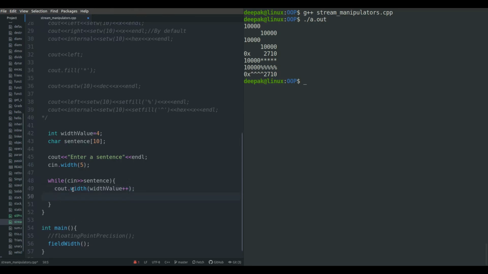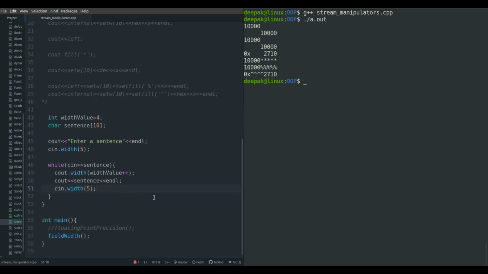As soon as we increase this width one by one, I can print the sentence that we have taken as input. You can see it here. We have already set this width to 5, and we are changing the width at output. So basically we are taking 5 characters, but we are printing more, right? So we are manipulating width somehow, and now see, we are again changing the width inside for the input characters. Now can you guess the answer of this?